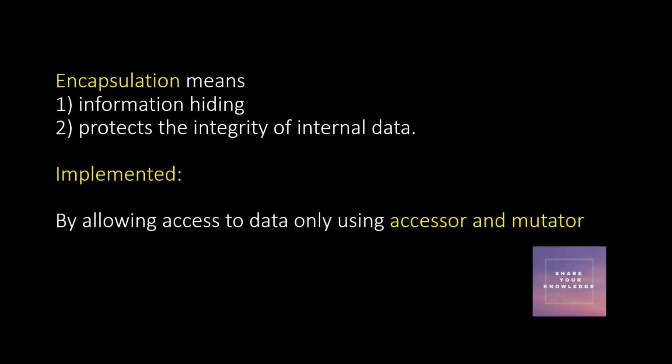That is, you do not want to show certain information which is not needed by the user, or which may be secure information. You want to show the user only the information needed by him, but hide all the other information. And this gives integrity, so you are able to protect the internal data by means of encapsulation. We normally implement encapsulation by exposing public methods, called accessor and mutator methods, to set